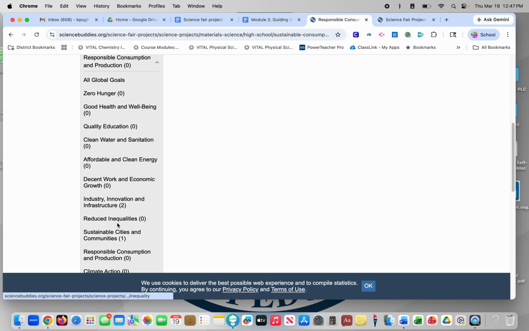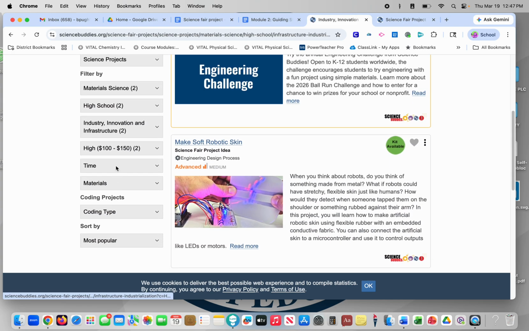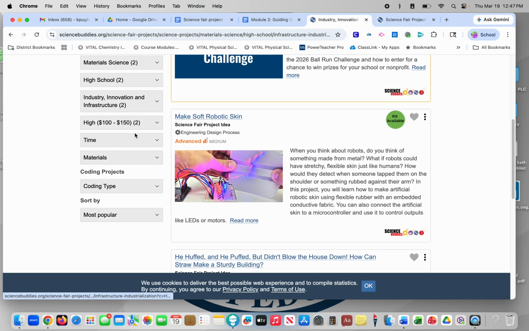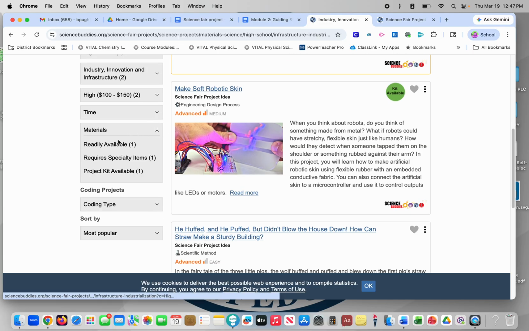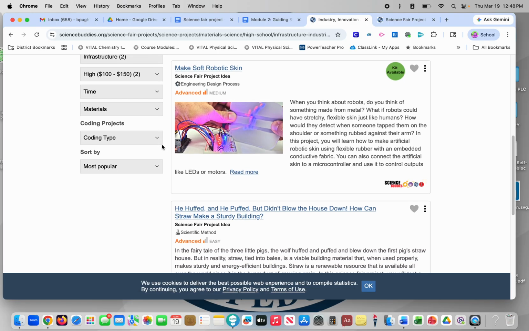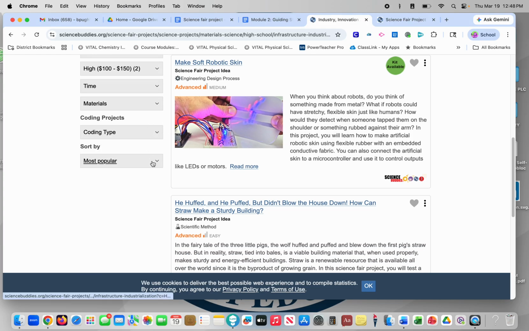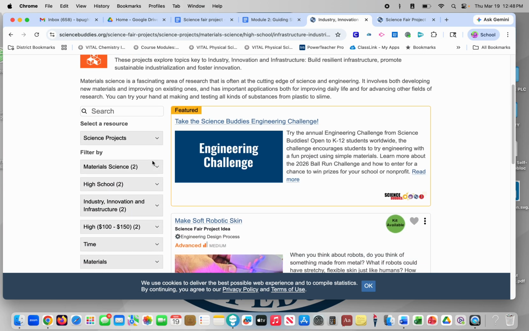I thought it said based on, let's look at this one. Okay, they have 2 for industry, innovation, and infrastructure. Materials: readily available, require specialty items, project kit available. This might apply to all of them. We just won't click on anything. We want to see all of that it has for materials. Does it have any kind of coding? And we don't care about popularity. So once we do that,